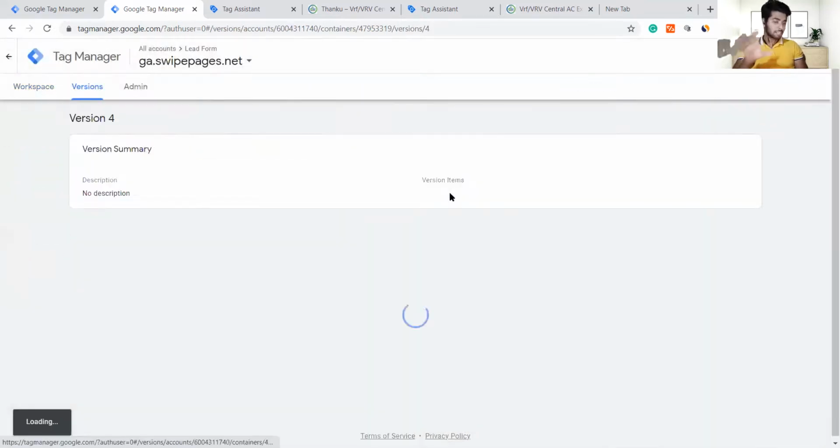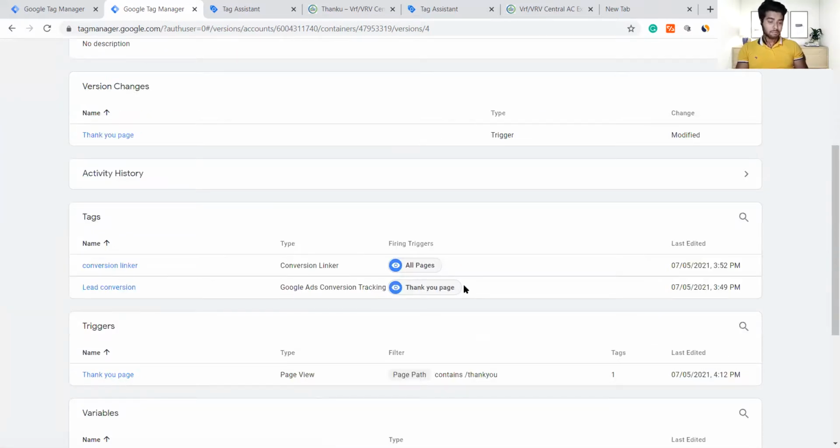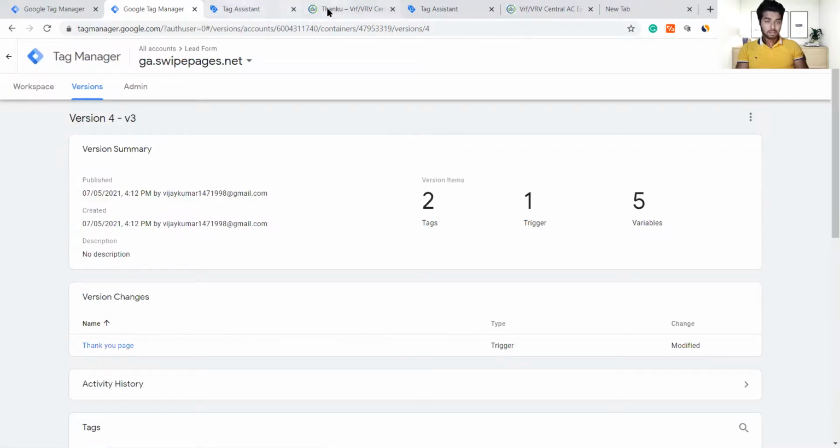This particular part itself is a little crucial. It will take time. Sometimes you have to test it and it's not working. And this is the real kind of testing you have to do. If you are not able to trigger these tags, so your conversion is not getting tracked, don't run any advertisement if this is not getting tracked. Okay, and that is done.